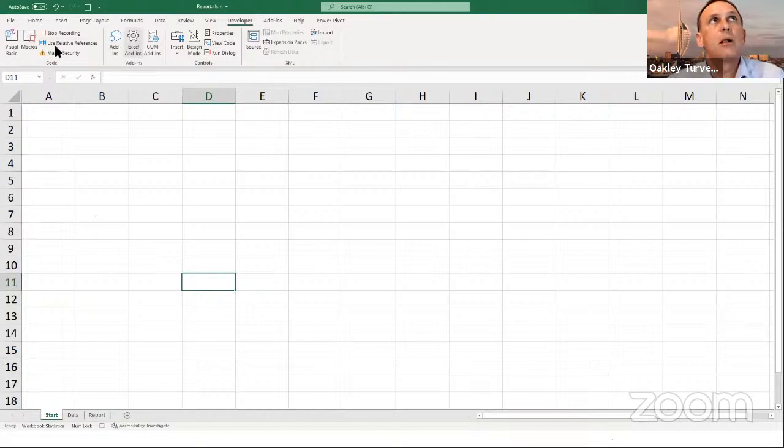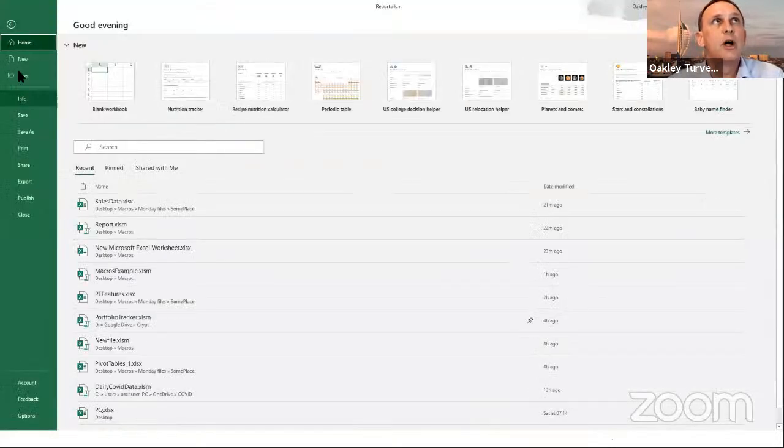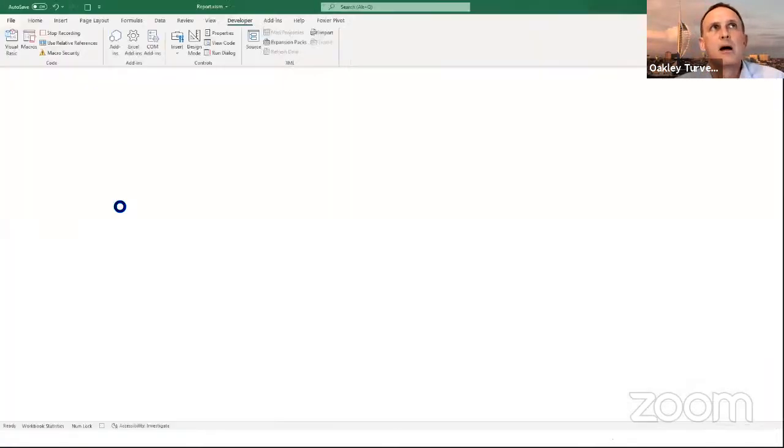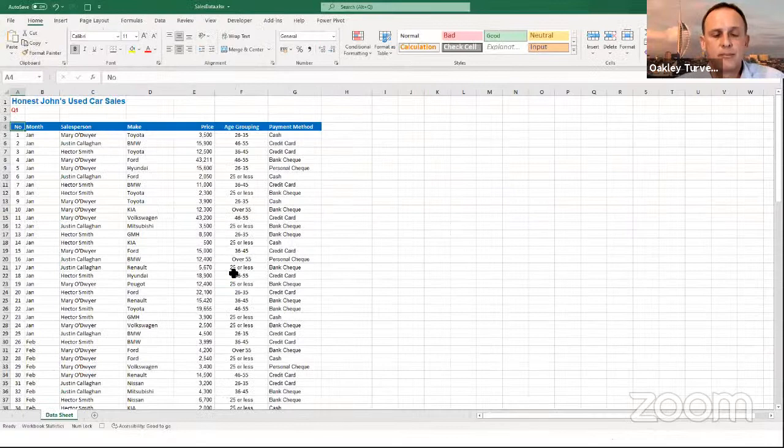So what do I do? Well, I'm going to say open. So file, open. Now I can actually go through the process to find that file, or I can just refer to it here from my recent files, and the machine will record the same code. So this is an example where you can try stuff and then go and look at the code and then try something different and have a look at the code just to see if keyboard shortcuts work, if certain things work or not. I'm going to click on there to open my data.